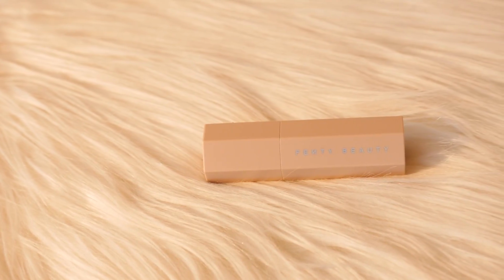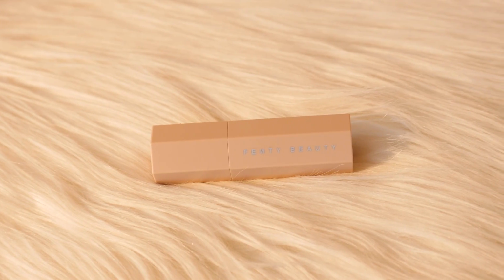I got 2 matchsticks and 2 brushes, and these are hexagons, which is so cool because, guys, look, they're magnetic. You get this honeycomb shape when you have a whole bunch of her products. If you're trying to travel with a quad or even a duo, you can just bring it along like this and they'll stick together in this way. All right, so let's get into the nitty-gritty